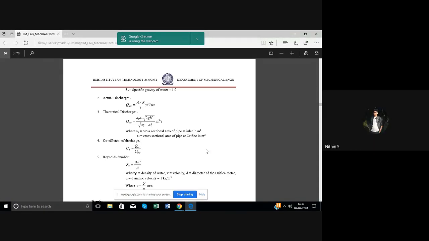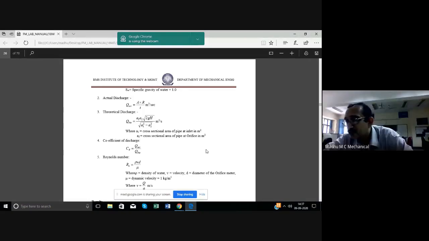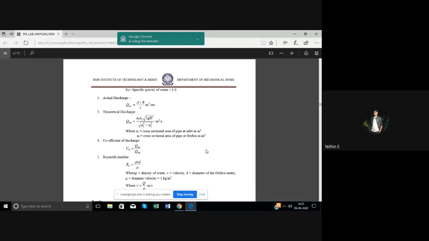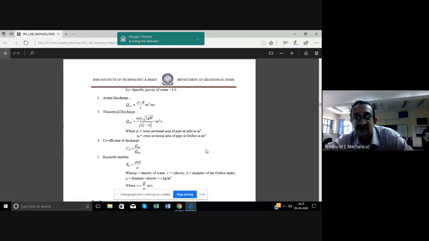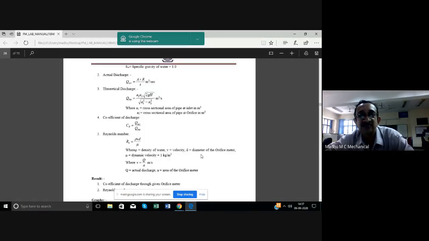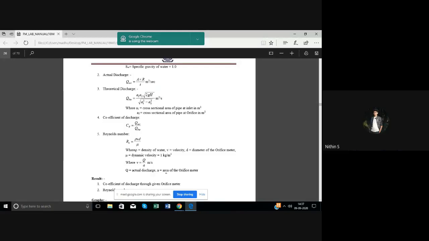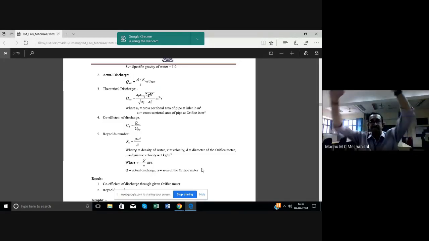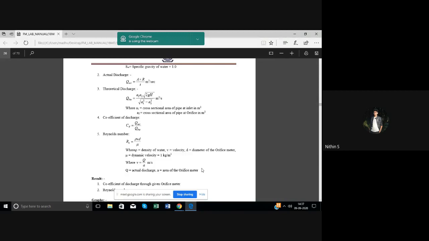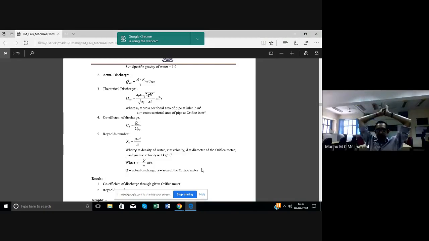I'm still doing it. I'm doing the first three for each of the calculations, and then I'll do the last one. Okay, Sanjay. So this V is equal to Q by A, sir. Like what is Q? Is Q supposed to be the theoretical discharge? Q is the actual discharge. See, I mentioned it. Q is the actual discharge. A is the area. Couldn't see that, sir. Yeah, that's good.